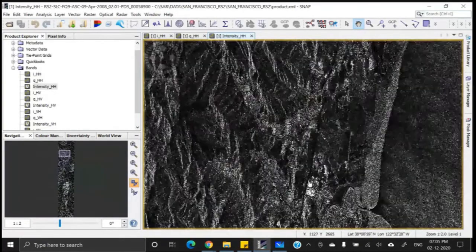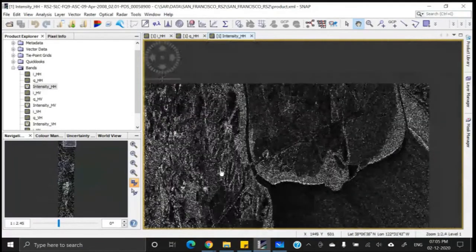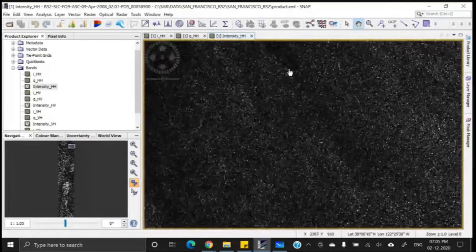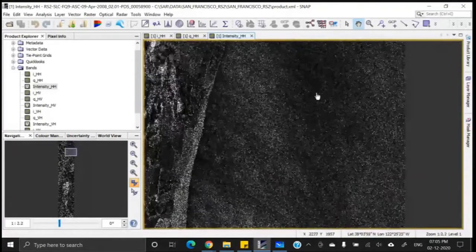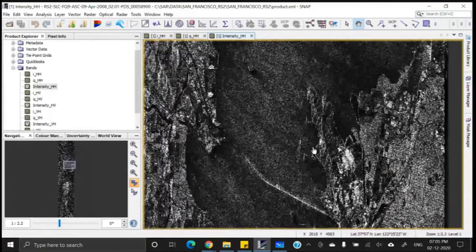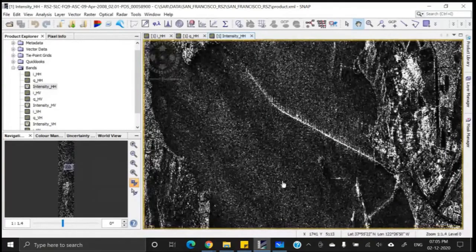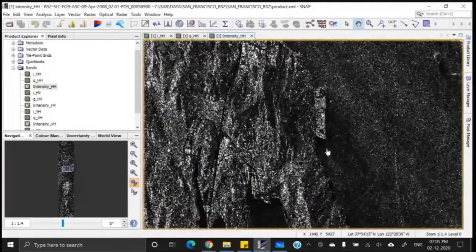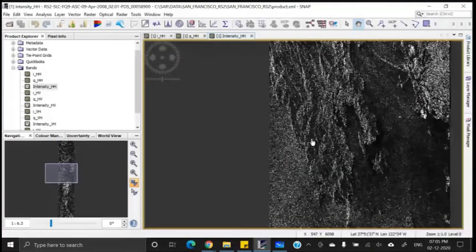Some linear features can also be identified. Here we have the water body, and here we have a bridge, which can also be identified. But still, this image is extremely noisy.